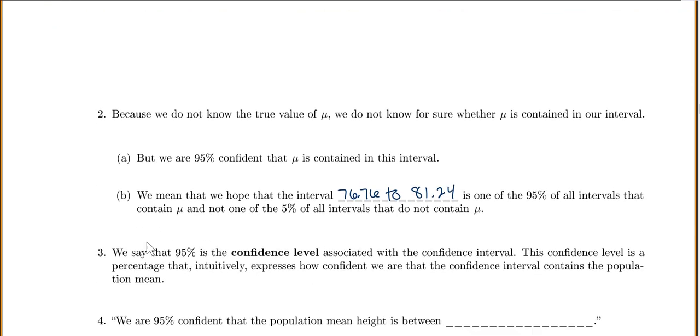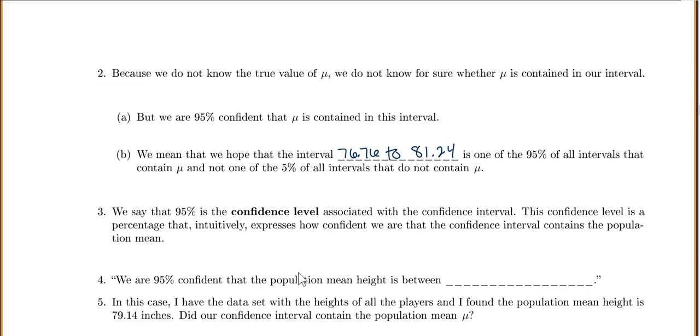We say that the 95% is the confidence level associated with the confidence interval. This confidence level is a percentage that expresses how confident we are that the confidence interval actually contains the population mean. So we are 95% confident that our population mean height is between 76.76 and